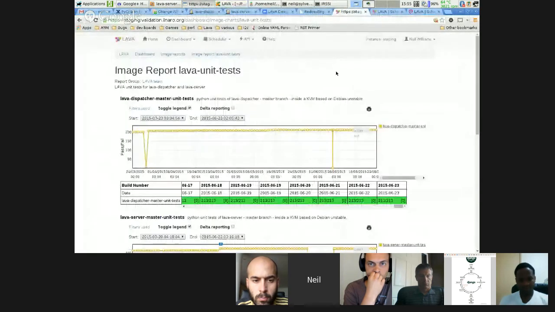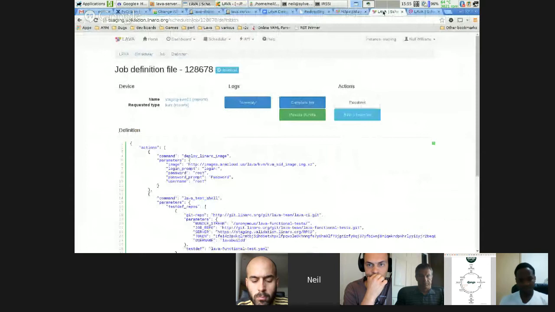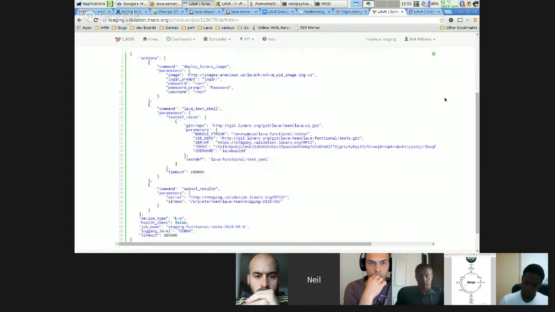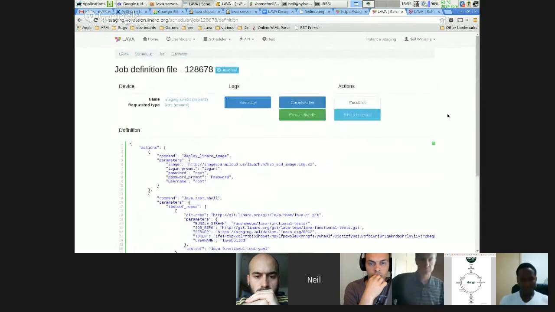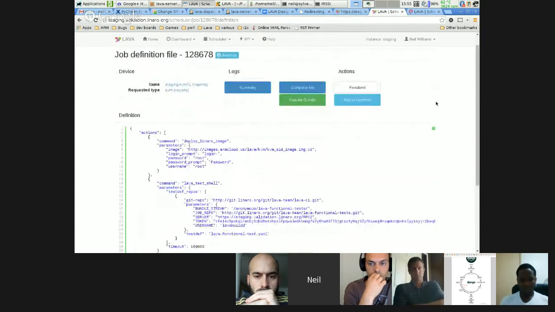As well as the unit test reports, we have a system of functional tests as well. Unit tests can go so far. They can get you to the point where you know that the structure's correct, you know that your parameters and the commands that you've built are going to be sent to the device. You can check all of those are correct before they're sent. But for certain operations, you still need to test that those commands actually do what you think they do. So this is where the functional tests come in,